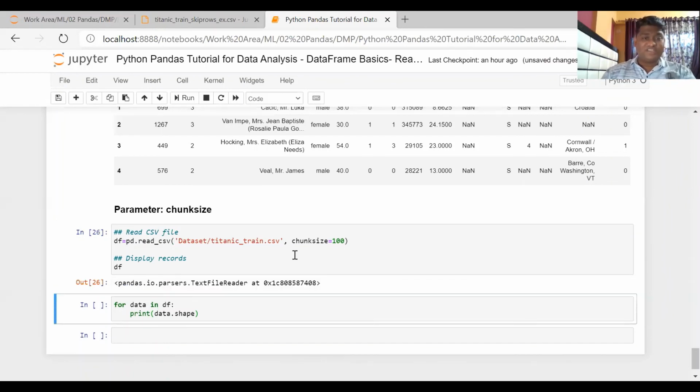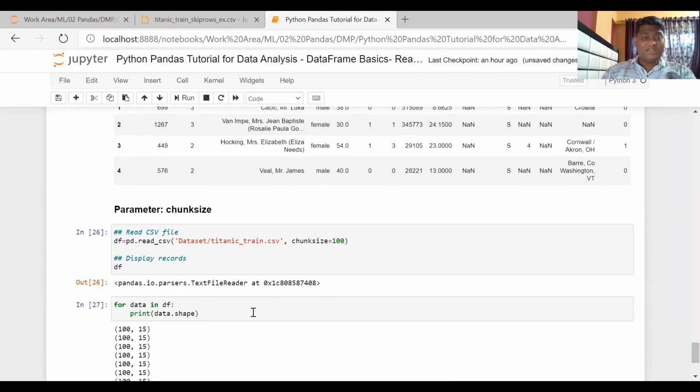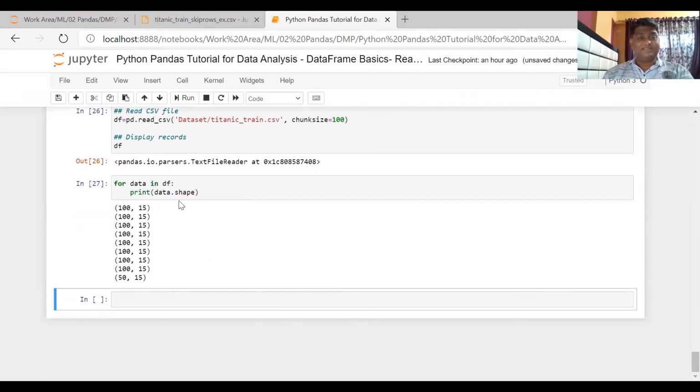To demonstrate that, here you can see that I'm reading the data with chunk size, and here it will not give you the data in data frame format. It will give you an iterator, and you have to iterate over this iterator. So here I'm doing the iteration, and that's how you will get the data. I'm just taking that data frame and iterating it here, and printing the shape of the data.